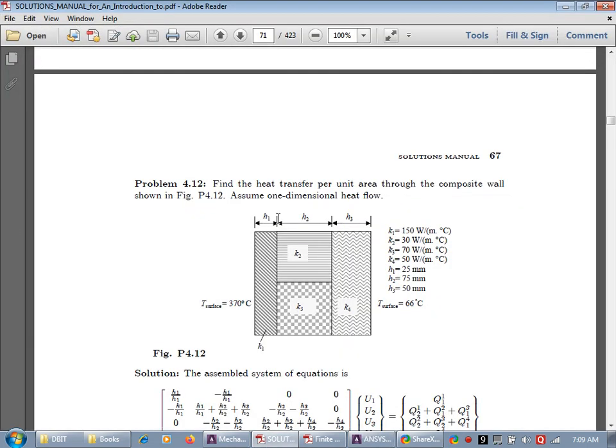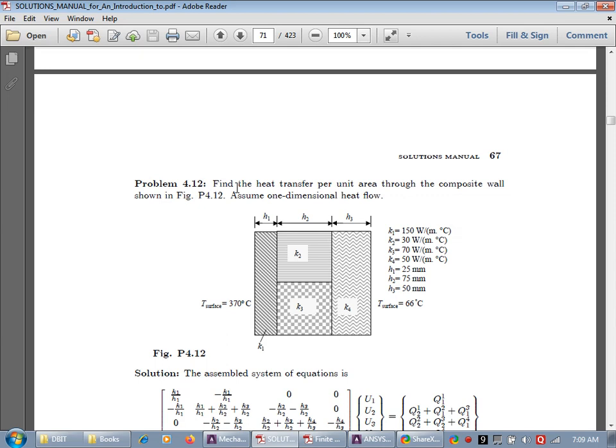Since the analysis is one dimensional, we are not going to consider the effect of temperature change along the height. But since in this version of ANSYS we don't have any one dimensional thermal element, we are selecting a two dimensional element.